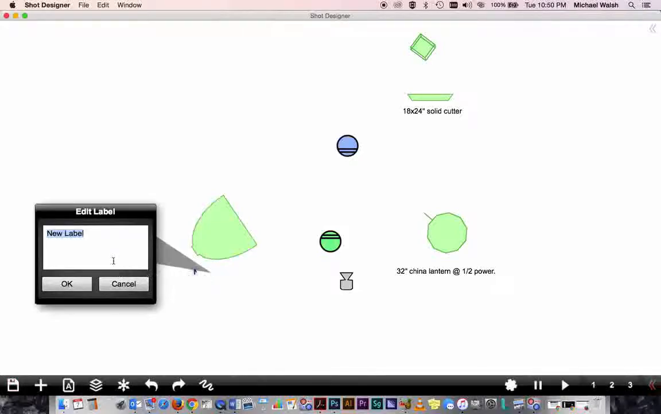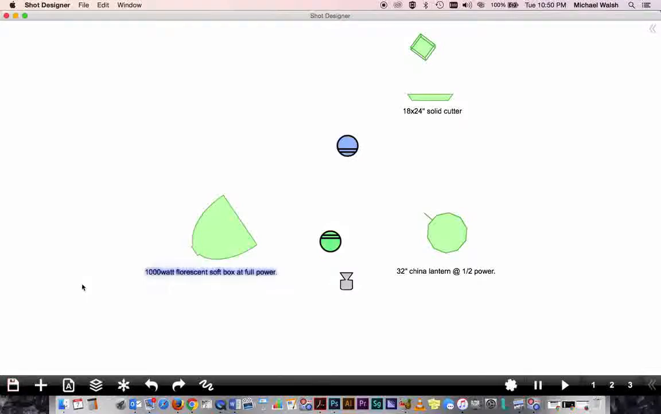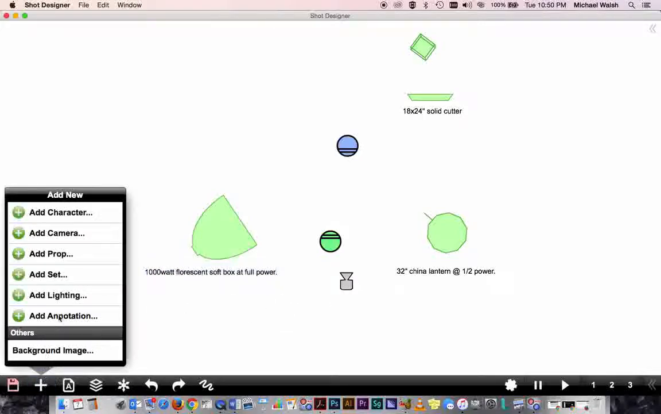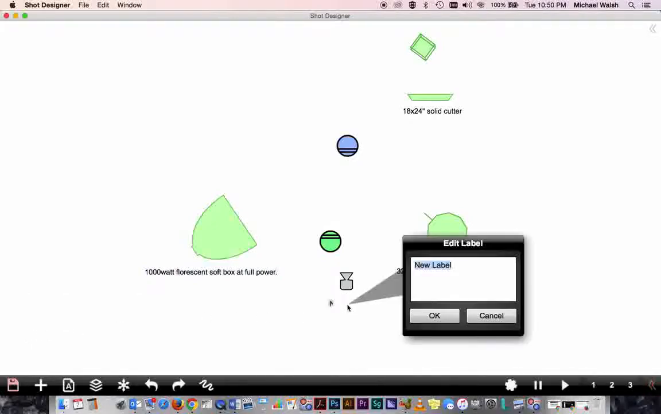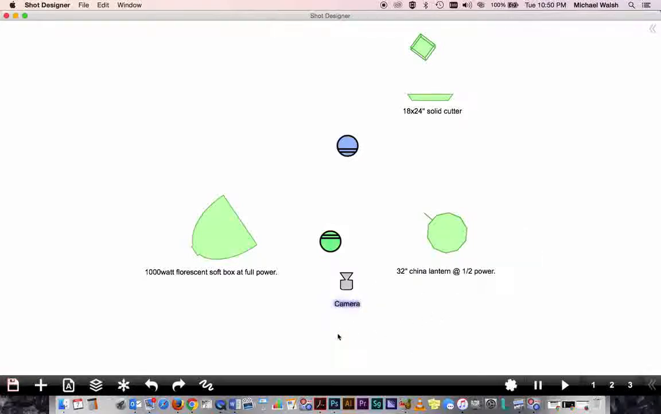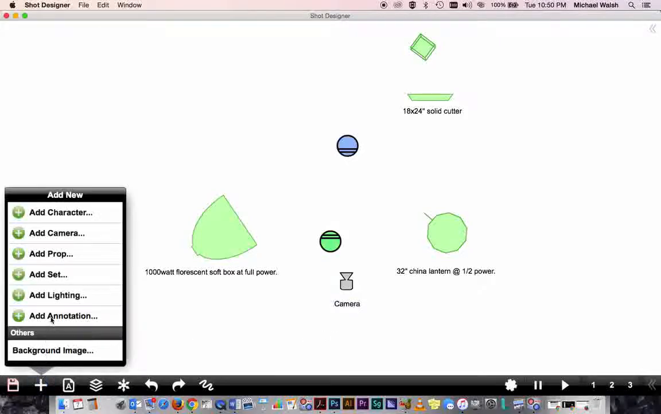as our, let's see, 1000 watt fluorescent softbox at full power. Okay, there we go. And we can maybe label camera in case folks don't really understand what that icon stands for. Camera. And then we can give this whole thing a